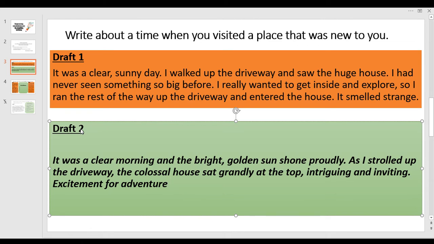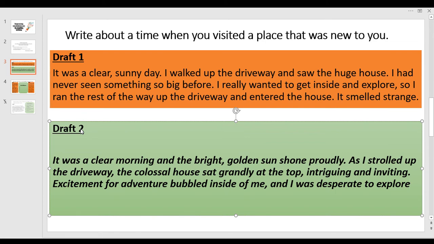And again, we're wanting to show rather than tell the reader this. Excitement for adventure bubbled inside of me. And I really wanted to explore. So we're wanting to really articulate that urgency, and I was desperate. I was desperate to explore. Now again, we've used quite a lot of full stops and commas here, so again, don't forget to experiment